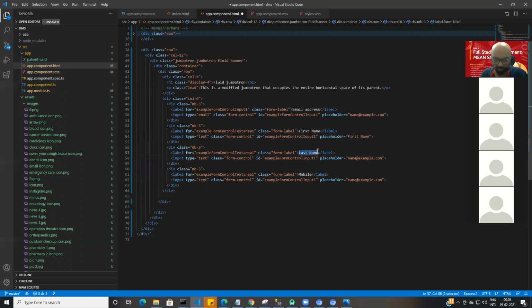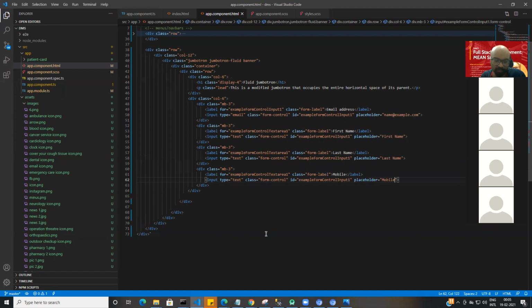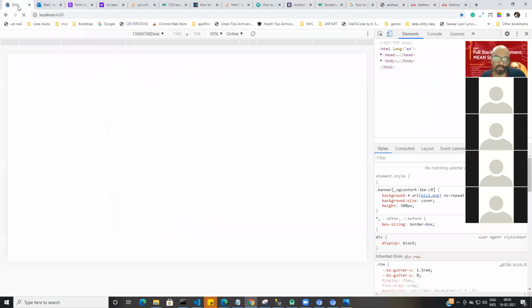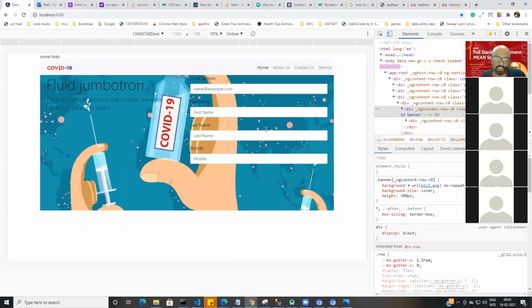Do you see any flaw in this? This will take the necessary information from the user. At the same time, the user will also not feel that he or she is filling more than the required information. Like this. Of course, I'm going to change this. So email, first name, last name, mobile, and then submit.